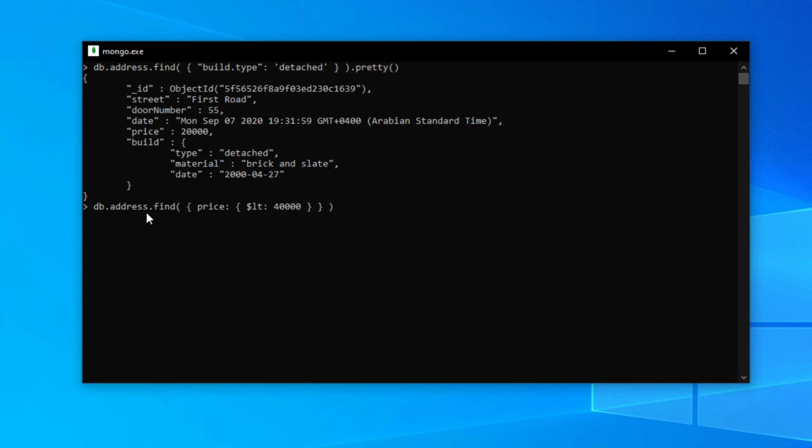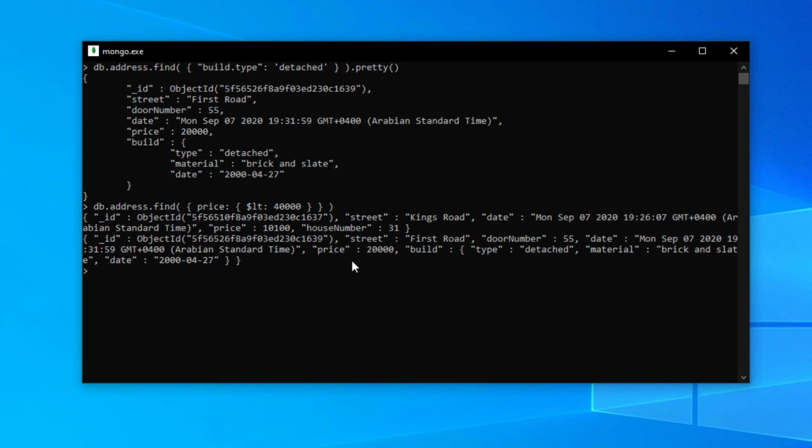So we're using the find method again, and we're interested in a price less than 40,000. So remember, the dollar sign means that this $lt, less than, is an operator. So if we run this,